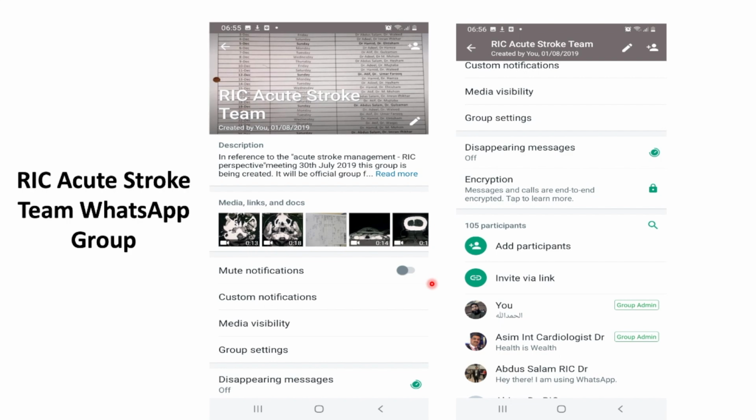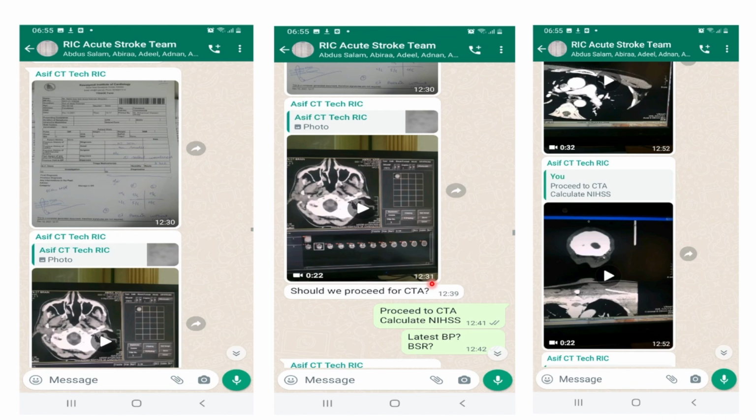And what we do is, every patient who reaches the ER, once his initial notes are jotted down, his ER arrival time comes on the group, and his initial notes of the first physician, first medical contact are displayed on this group. Then the CT brain, the moment it is done, is shared by our CT technicians on the group,